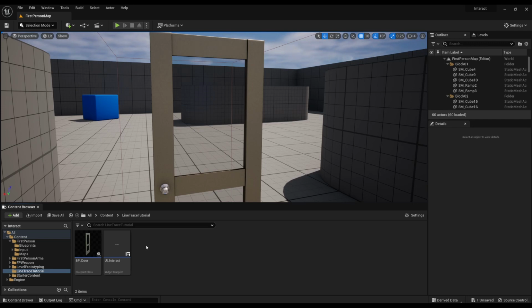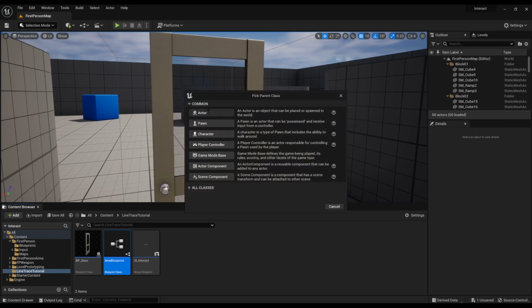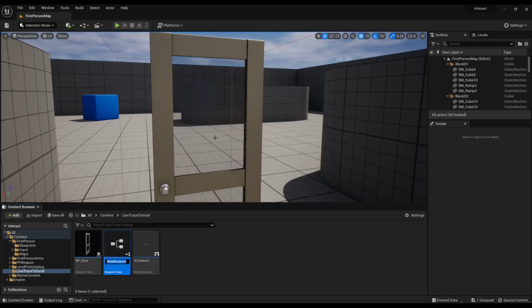So all I need to do is cast it through this interaction blueprint rather than having to do a thing of, is it a door? Yes, okay, do this. Is it a weapon? Yes, okay, do this. It all goes through this one blueprint. So if I make an actor blueprint and call it bp_interact,